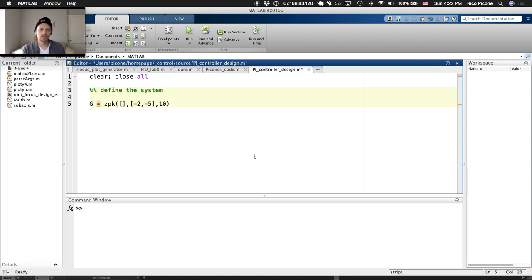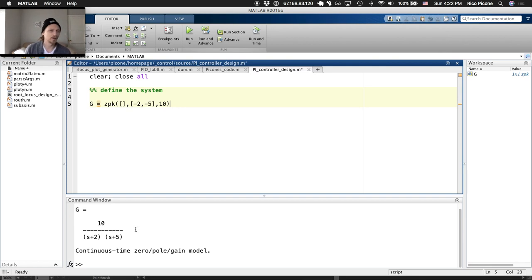So it's good to just evaluate that and see if what it spits out looks like what you're expecting. So that looks right to me. So then I'll put a semicolon at the end of the line so that we don't have to look at that every time. Okay, so we've got our system G defined, our plant,